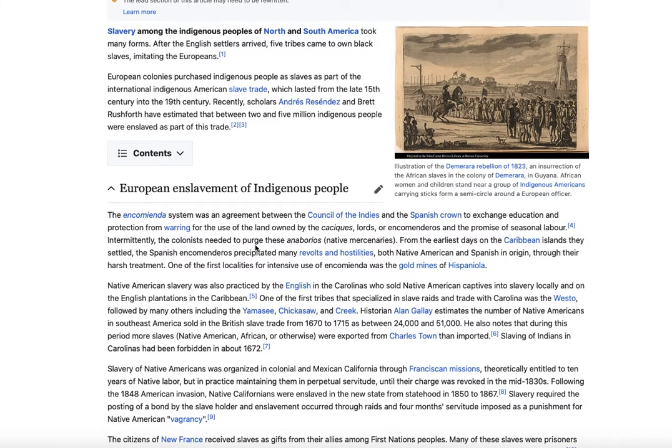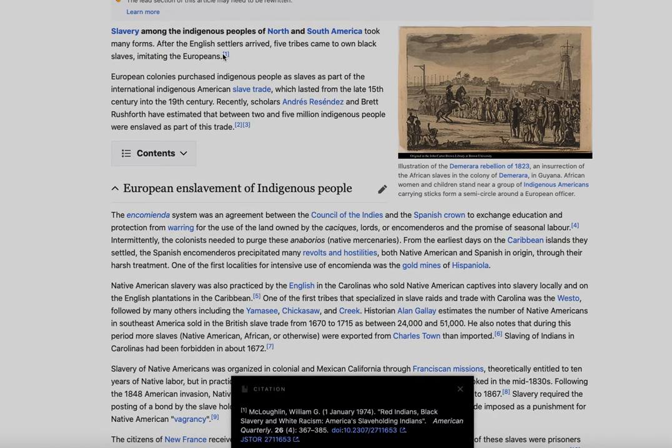Slavery amongst the indigenous peoples of North and South America took many forms. Again, took many forms, right? So, after the English settlers arrived, 5 tribes came to own black slaves, imitating the Europeans. Let's see something. What is this? January 1974, Red Indians, Black Slavery, and White Racism, America's Slave Holding Indians. Okay. So anyhow,